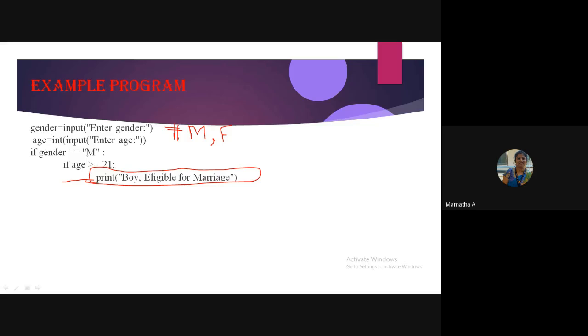Next, what should I write? Else. Where should I write else? Below this if or this if? Exactly, below the second if. So I should write else, because when you are typing the program, this indentation will be given by the interpreter automatically. But removing, decreasing the indentation, you should take care. Isn't it? So else,